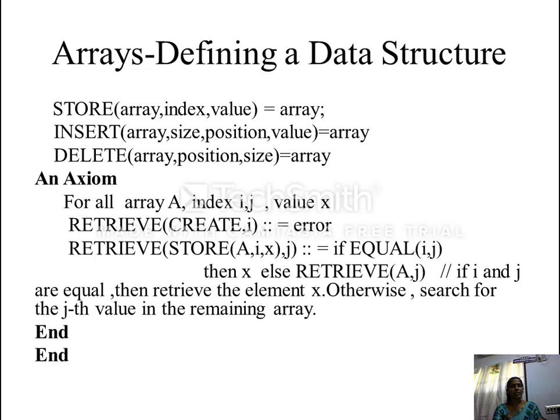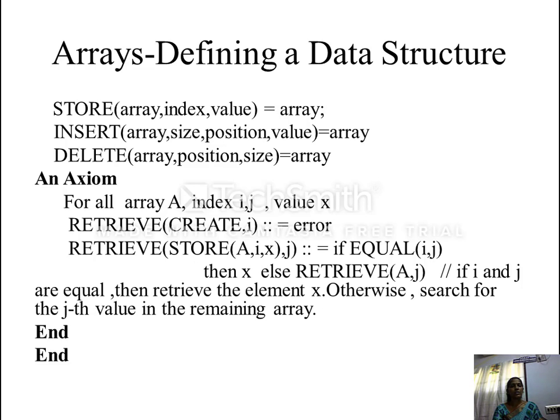Insert operation needs the position to be inserted, the maximum size of an array, and the value to be inserted, so that we will get the inserted array as a result. For deletion, the position to be deleted and the size of an array are given as parameters, and after deletion, the array with the deleted value will be returned.